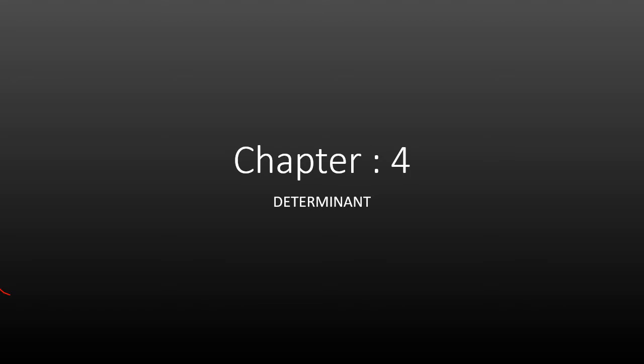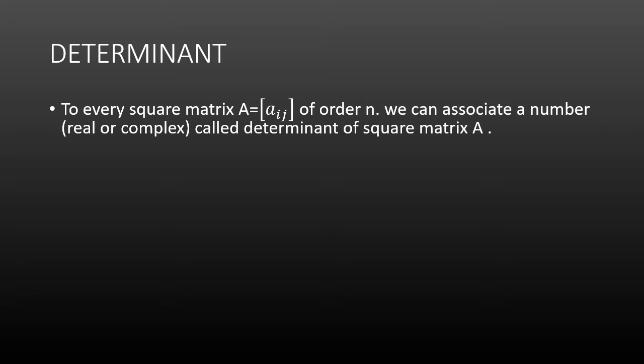Now let me see first the definition of the determinant. Now students, what is a determinant? So determinant is the number which is associated with the square matrix of order n, where n is the order of the matrix. It can be any, but it must be a square matrix. So this thing is important for you, students, that A must be a square matrix. Then we can find out the number which is associated to it. It is known as a determinant.